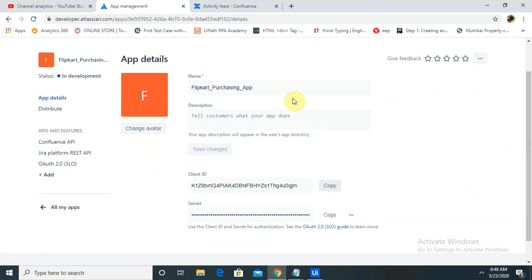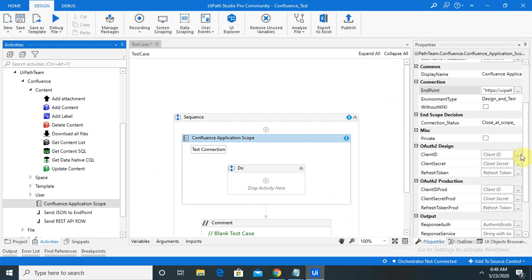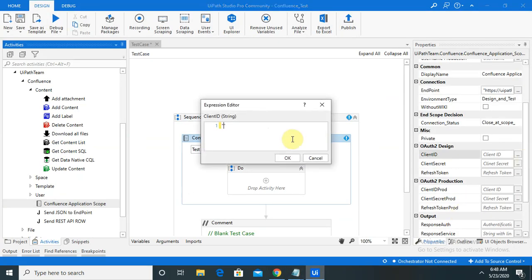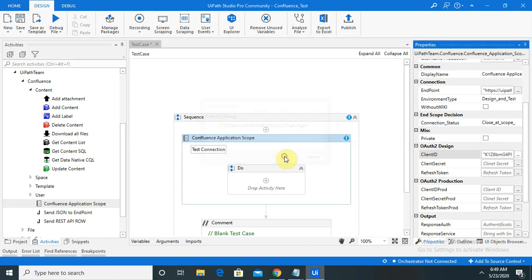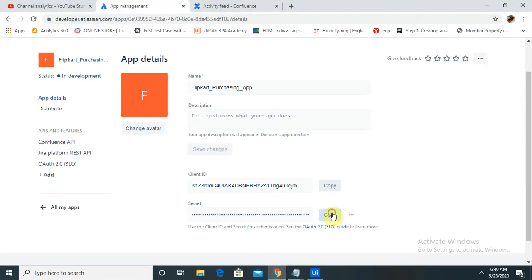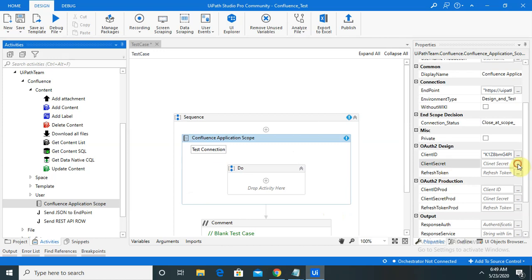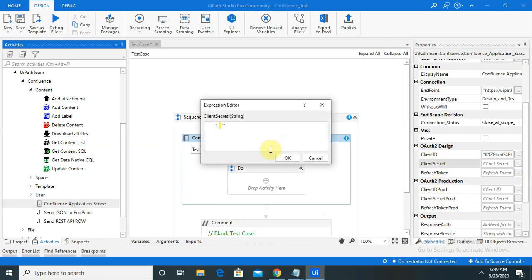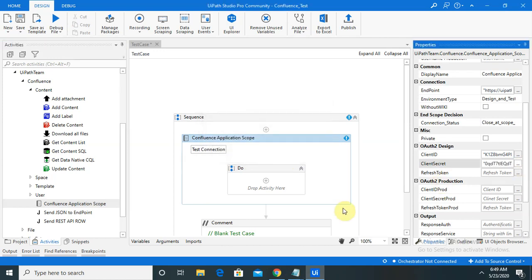Whenever you create any app, it will generate the client ID and secret automatically. Next we add this client ID here. Next we need to add the client secret as well, which is available next to the client ID. Copy this and paste it over there. Now just click on OK.